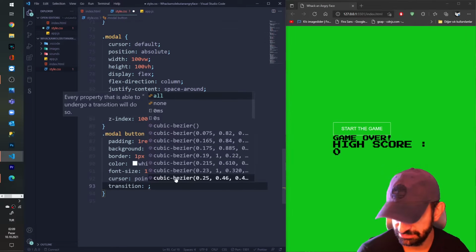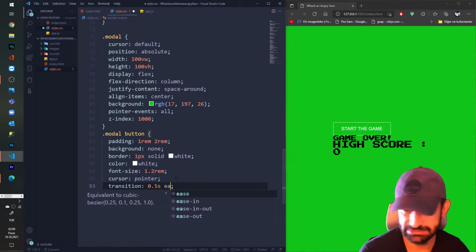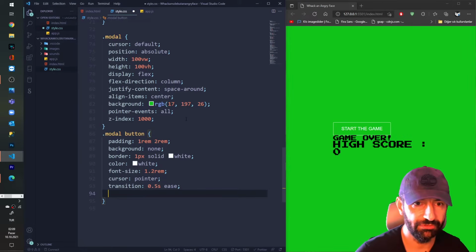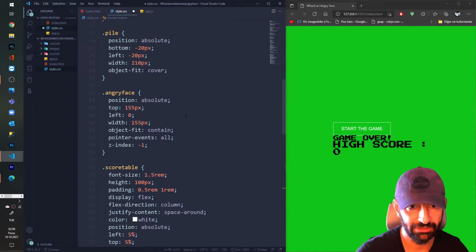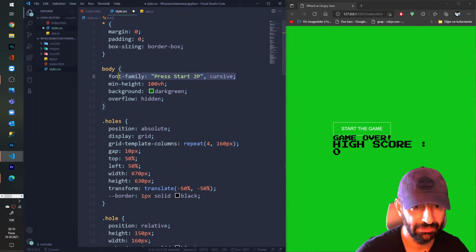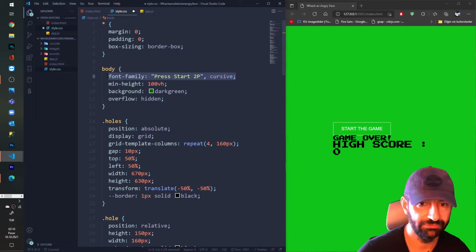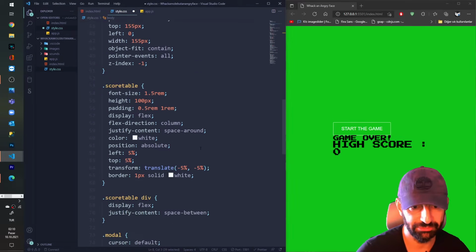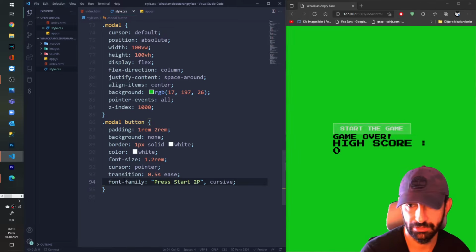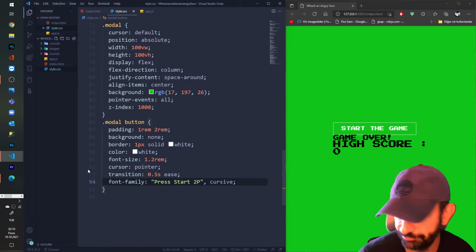Transition 0.5 seconds ease, and I'm gonna put also the font family because by default VS Code doesn't apply the global font styling to my inputs. Okay, we're good.